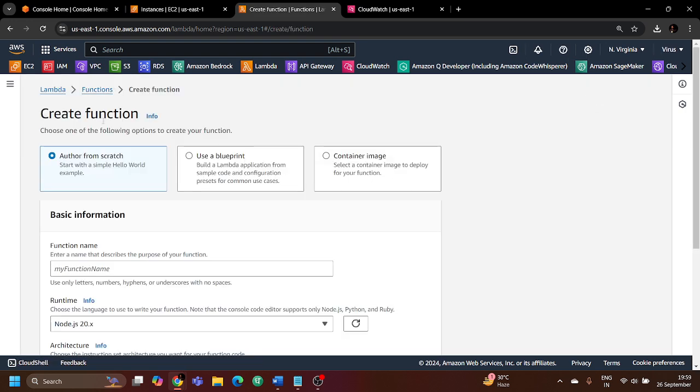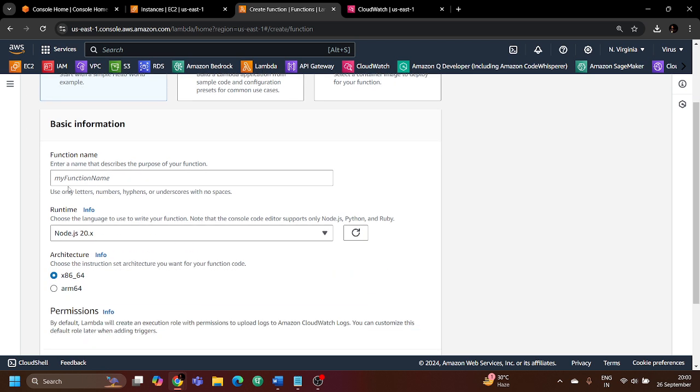Now, this function is nothing but a piece of code which you can run without managing the backend infrastructure, which is nothing but the physical servers or any type of servers you don't have to manage. You just create a function, use your code in a specific programming language, based on the requirement of the organization, or maybe you are well versed in a specific programming language. Using that, you can create this Lambda function, right? So I'm going to create this Lambda function from scratch from here,